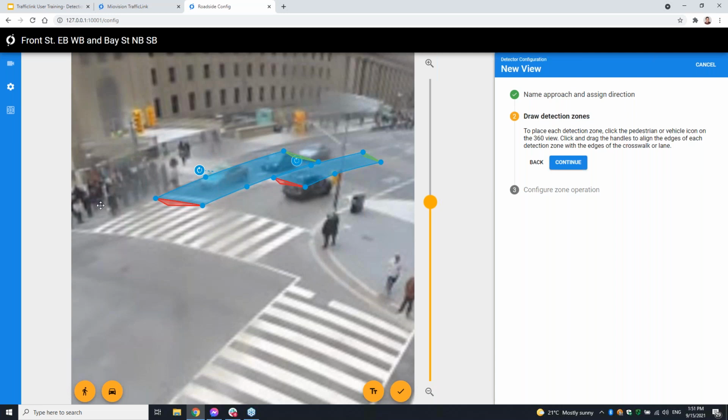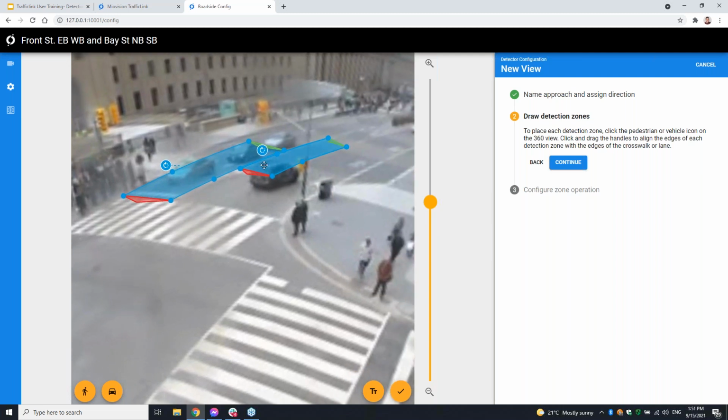Very often, the typical size of the zone is about 3 car lengths. When you have 3 car lengths, you're usually accounting for a gap out time that would have to start spreading out beyond 3 cars, and then the intersection will terminate the phase. But it all depends on your design. 30 feet is a very typical distance that I hear.